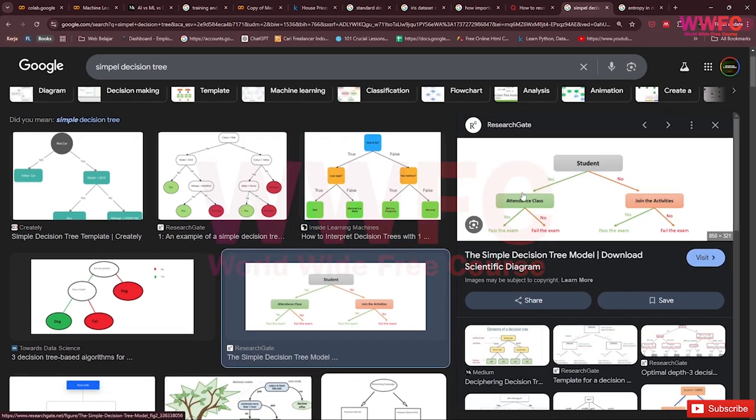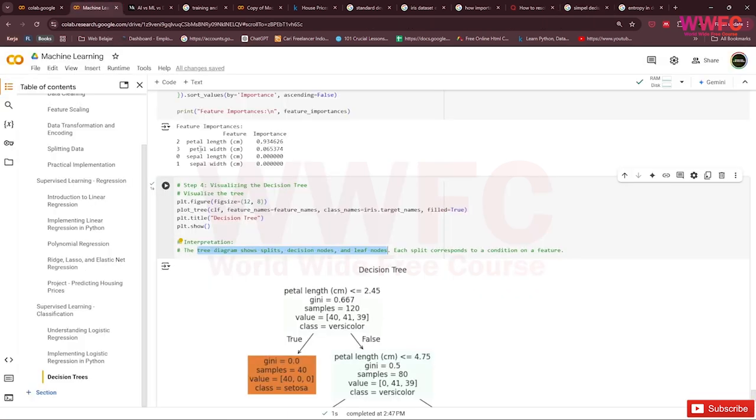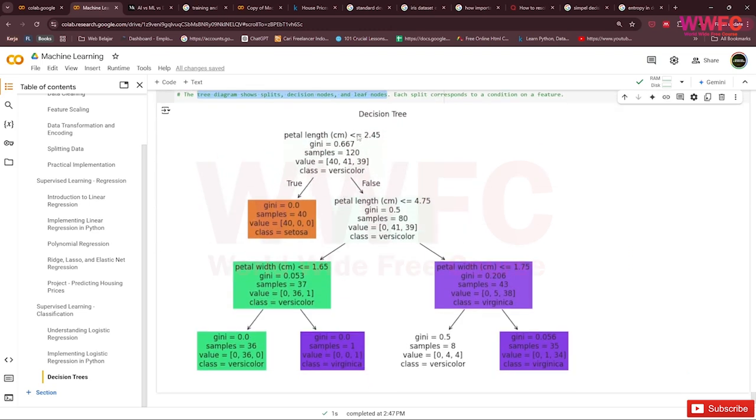Student, yes, attends class, passes the exam, but if they do not attend the class, they fail the exam. If not a student, but they join the activity, they can pass the exam; if not, they fail the exam. It's the same here. If petal length is under 2.45, less than that, it's class setosa, but false, it's class versicolor. But we can see the petal length is under, less than, 4.75.